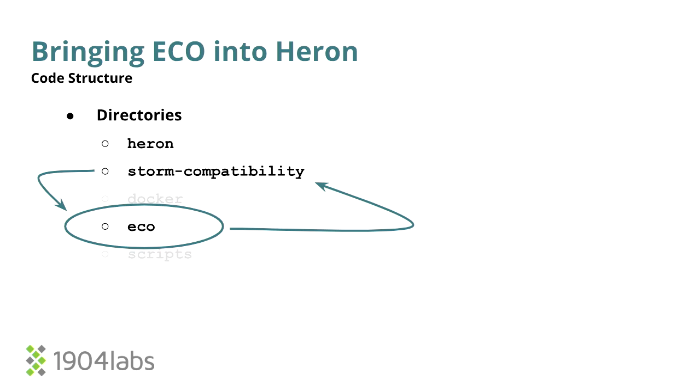Apache Heron has 3 outputs right now. It has an install script, it has a Heron Maven artifact, and it has a Storm compatibility artifact. And the challenge I had while drinking from the fire hose, trying to understand how Heron worked and how Bazel worked, was trying to include Eco into the Storm compatibility artifact, even though Eco was dependent on Storm compatibility, which caused that cyclical recursion, and it caused a lot of issues.